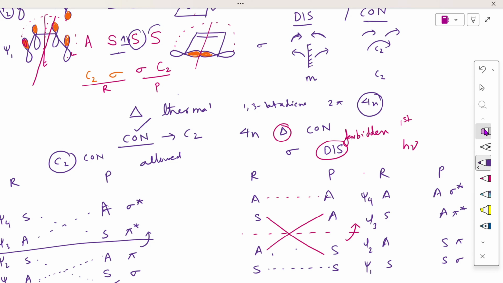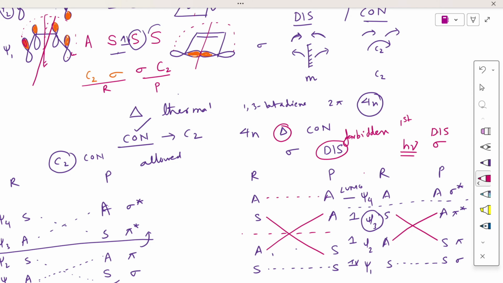And now as we have seen the electrons, I have 2 electrons here, 1 electron here, 1 electron here. So this becomes your HOMO, and this will be your LUMO. HOMO is highest occupied molecular orbital. Now compare with the nearest energy. So this overlaps. So under photochemical condition, when I consider the sigma, which corresponds to the dis rotation, the photochemical condition allows it.